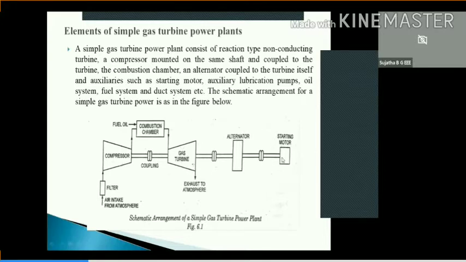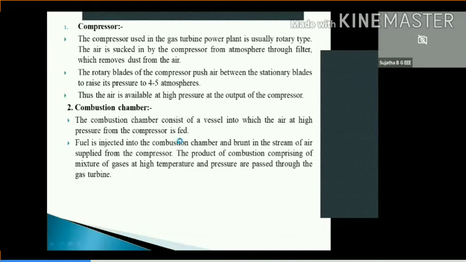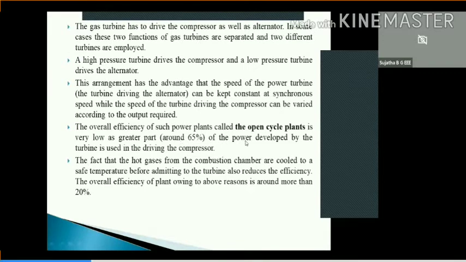Here we don't have any feedback. If it were a closed cycle power plant, it should have a closed feedback path. That means the output of the system is fed back to the input. In the block diagram, you will see a feedback path that forms the closed system. What we are seeing now is an open cycle gas turbine power plant. Later you will also study the closed cycle power plant.